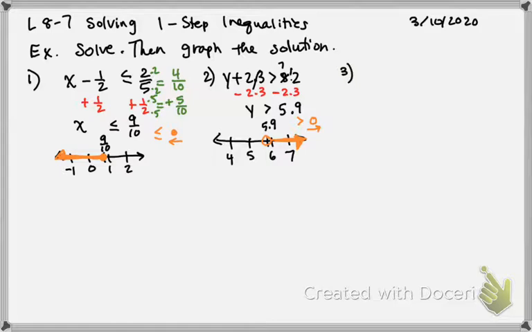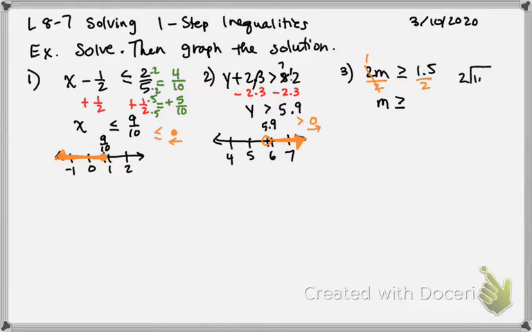And then number 3, we have 2m is greater than or equal to 1.5. So the inverse of multiplying by 2 is dividing by 2, so we show it this way. So remember, here I don't get a 0 like that, because that wouldn't make sense. I get a 1, right? And so then I do my math, and I get m is greater than or equal to, and then off